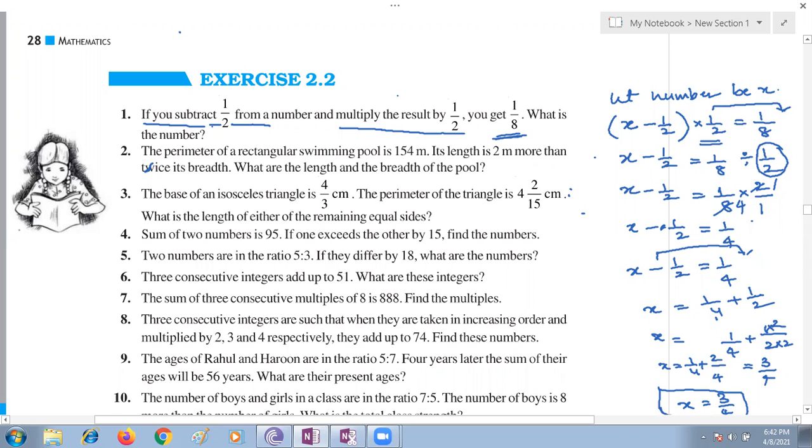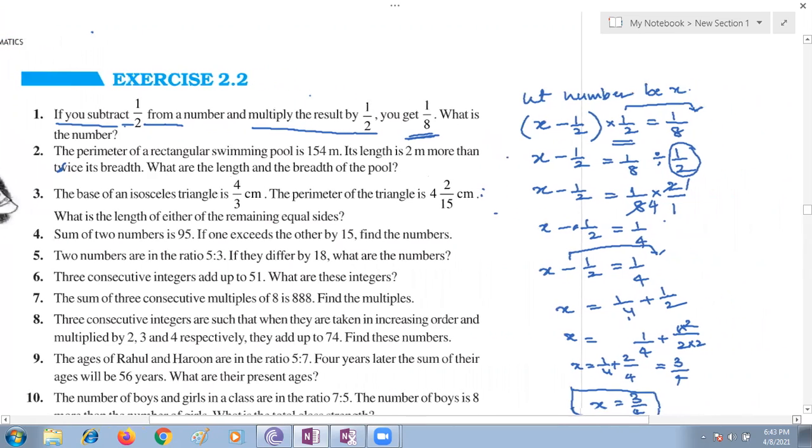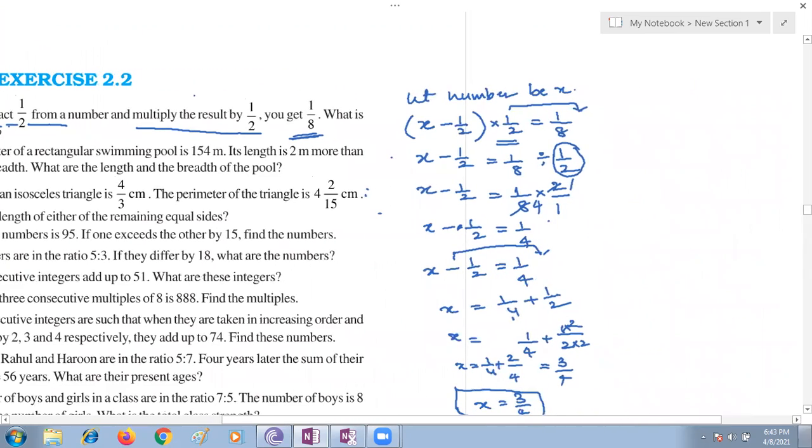Ma'am, I have a doubt, ma'am. Yes, Jivitesh, where is your doubt, my dear? I mean, x equal to 1 by 4 plus, how did we get 2 into 2, ma'am? Yes, I think you have a doubt here, right? This is addition of fractions, my dear. 1 by 4 plus 1 by 2. So how do you add your fractions? You make your denominators the same. Here denominators are not the same.